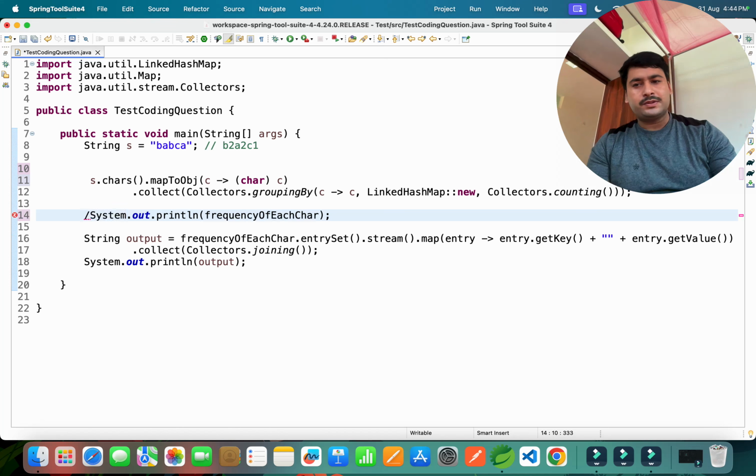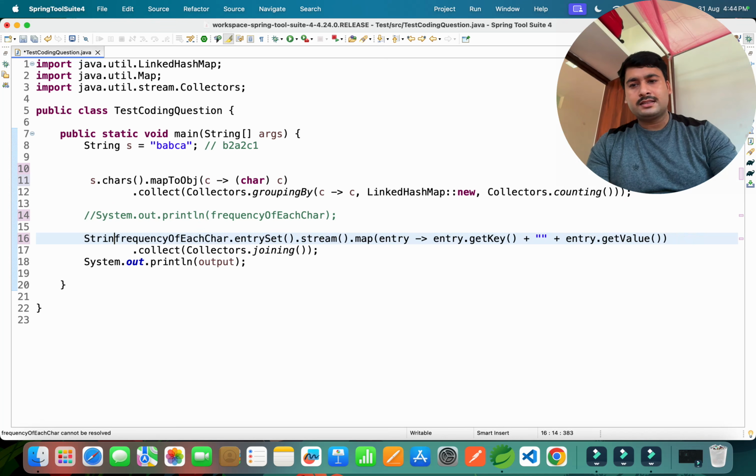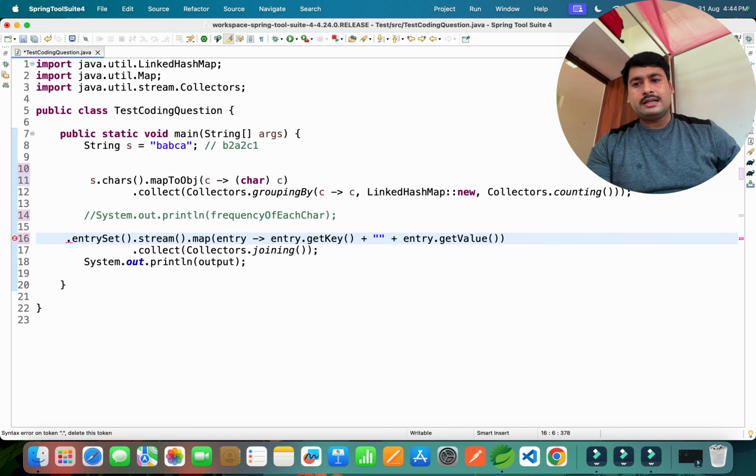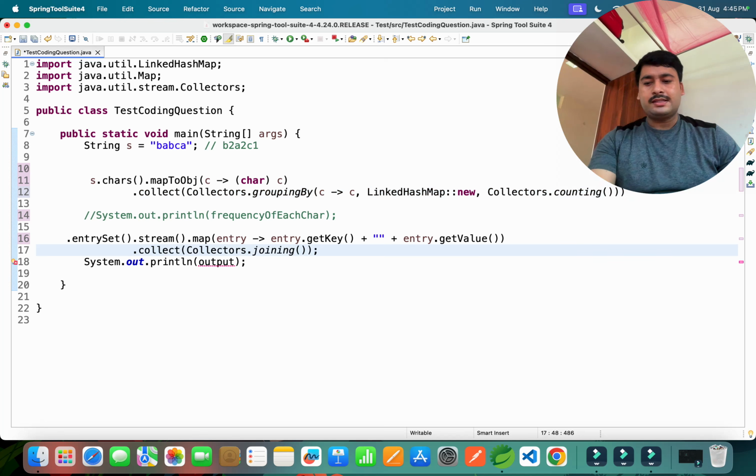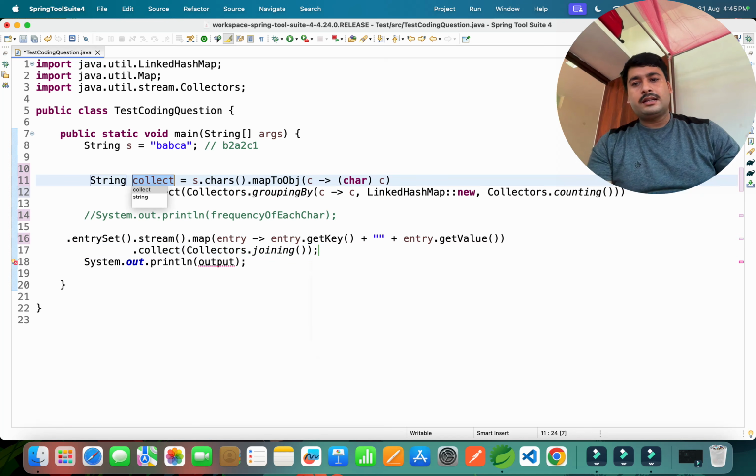So what you have to do is just remove this part, right? And in your map itself, you can write entry dot map, and then assign it somewhere, and this is nothing but your output.